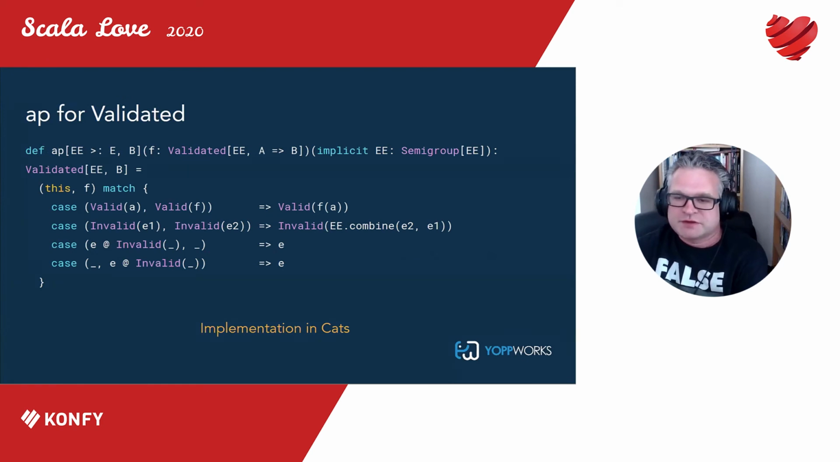If you dig into the Cats source code, you'll see app is implemented like this for validated. Essentially, if both the left and the right side are valid, then we return valid and apply this function. If they're both invalid, then we actually combine them. And we know we can combine them because we have to have a semigroup, right? A semigroup is kind of out of scope for this talk, but